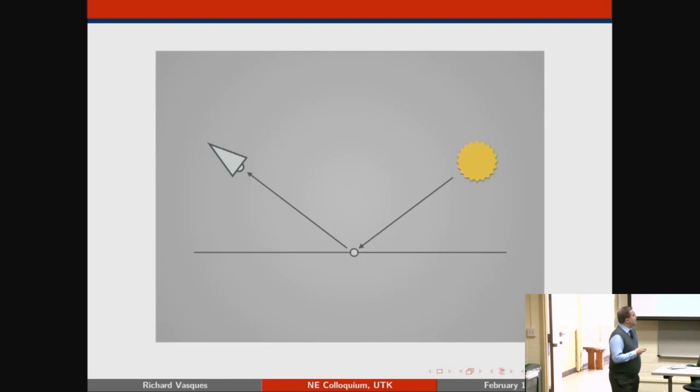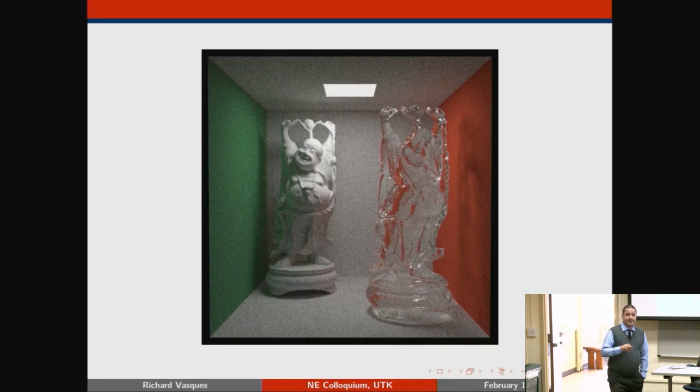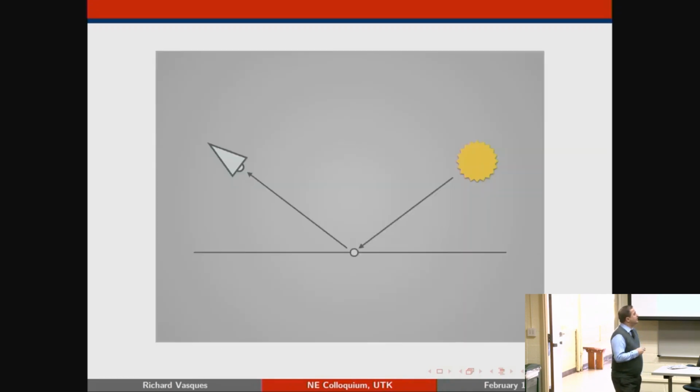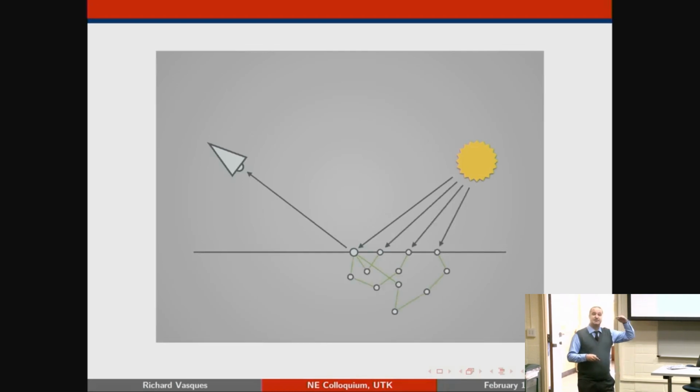So these are going to end up being expensive, and people don't really want to deal with too many expensive things. On top of this, what happens if you have a translucent material? So not only are you going to have your rays getting reflected directly from the surface of the material, you're also going to have light penetrating in the subsurface, right? That's what happens in translucent materials. That's what happens in the skin.